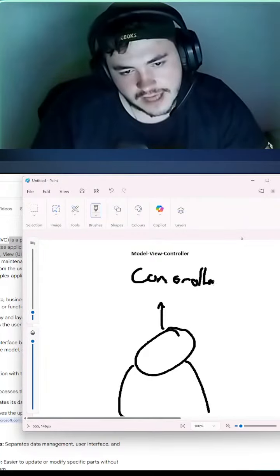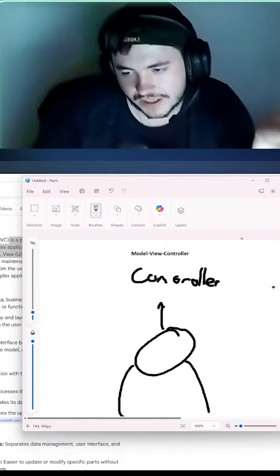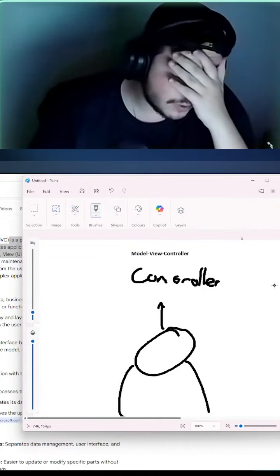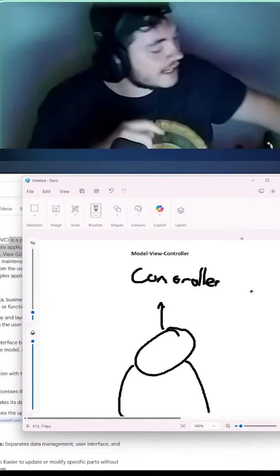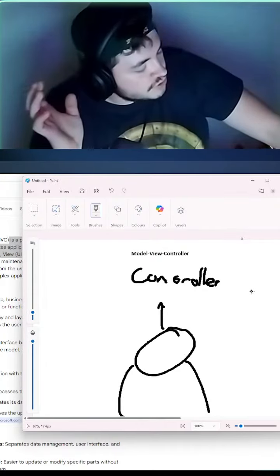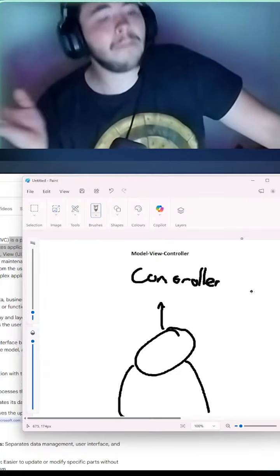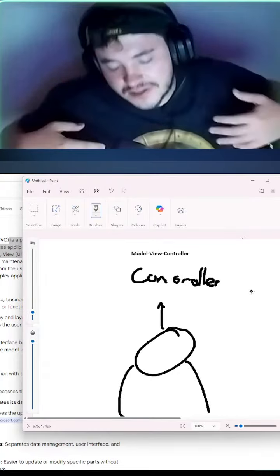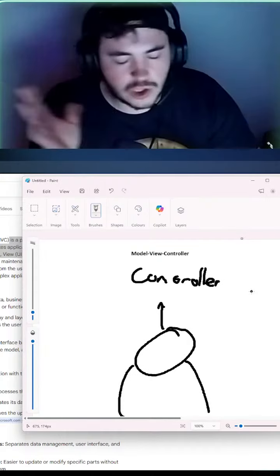Now your controller needs to speak to somebody. What you basically did is you clicked a button. When you clicked a button, your client or your front end was like, hey, this guy clicked a button. What must I do? So it hits an API, which is basically a URL.